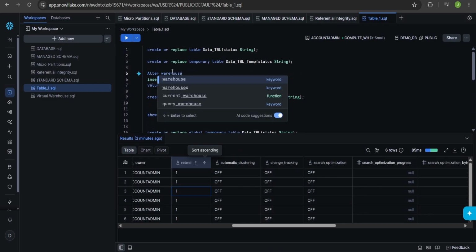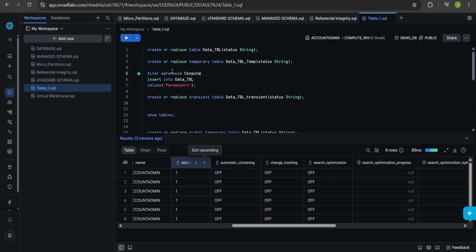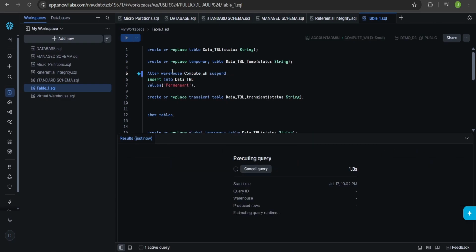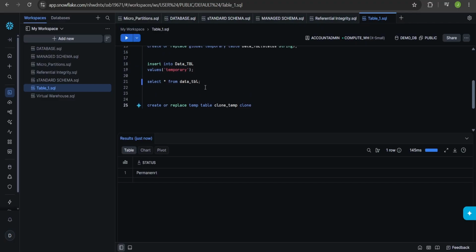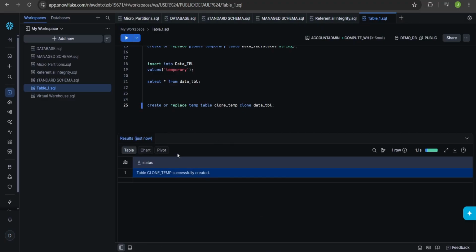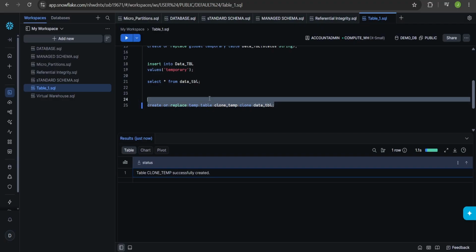But before that, let me suspend my current session so that I can get my permanent table back. It's very easy. All I need to do is suspend my warehouse. Now if I say clone on top of this data table, because now the data table is having the permanent value, will this run? Let's see. Yes, you can clone the temporary table on top of the permanent table. But let's see if the reverse is true.